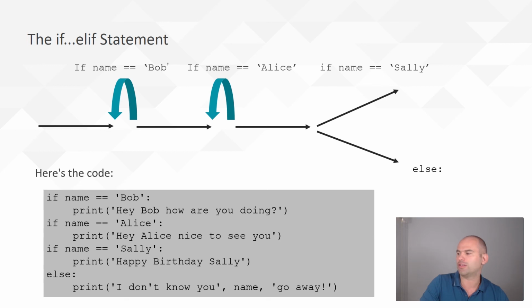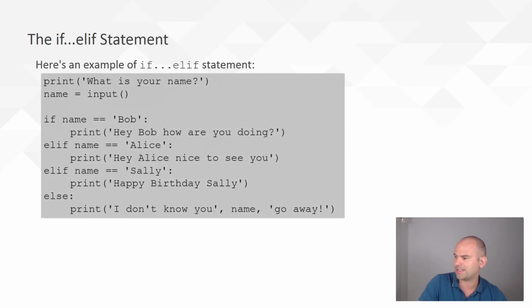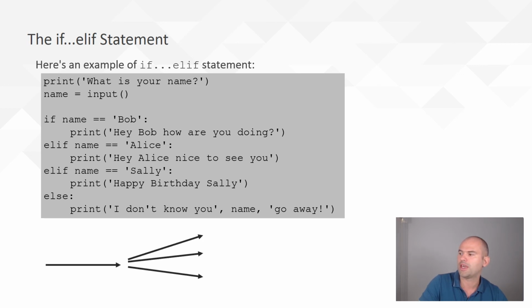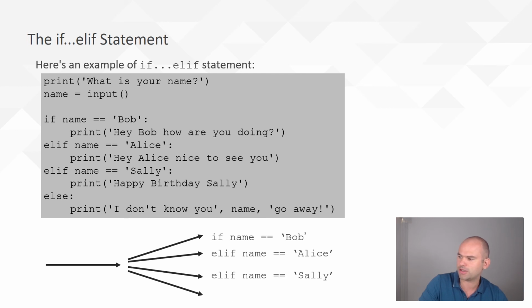And so this is not visually the structure that you want, because what you do want is that structure. You want basically if name is Bob, custom response for Bob. If name is Alice, custom response for Alice. If name is Sally, custom response. Otherwise, just a general response, go away, I don't know. And in practice, there you go. That is the difference between if else and if elif else. It is visually represented in this diagram, and